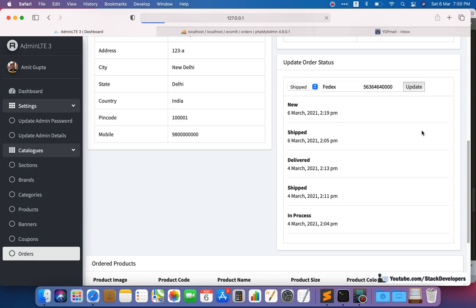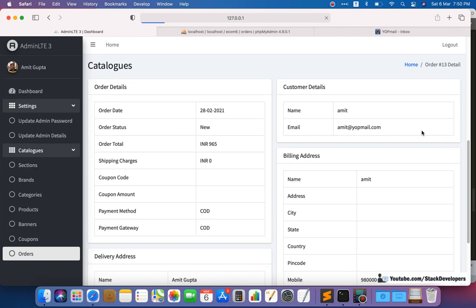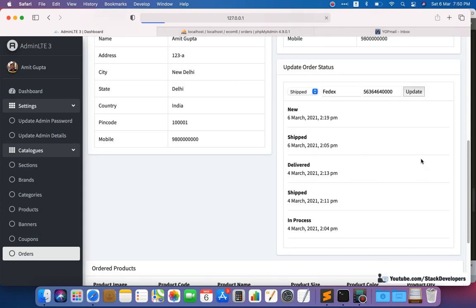See, it is sending email, so it is taking some time. Maybe sometimes it does not send because we are using the Gmail SMTP server, Google SMTP server, and we are sending a few mails, and it seems to be slow. Wait for a few seconds.